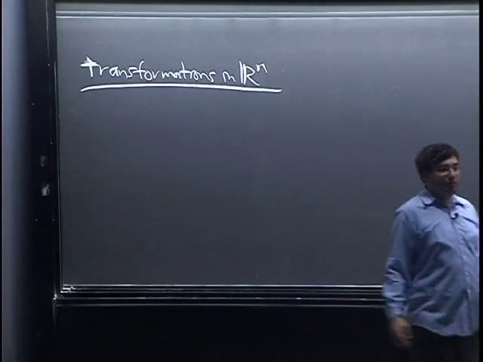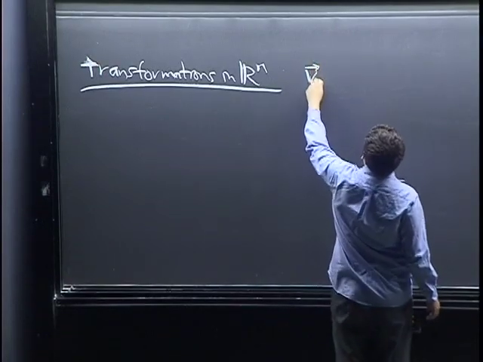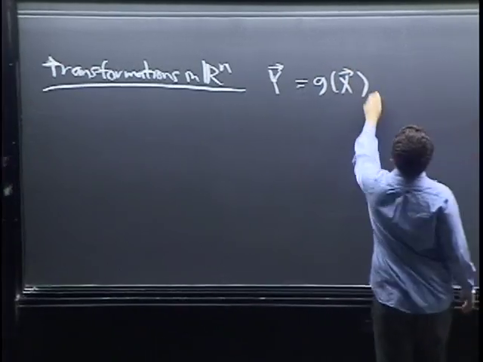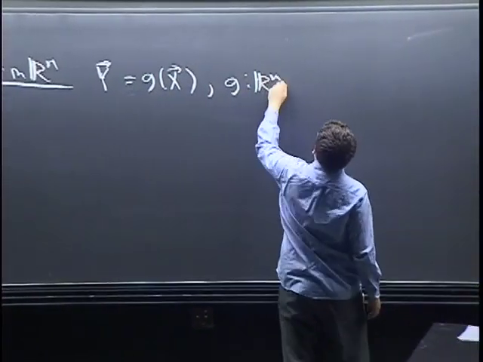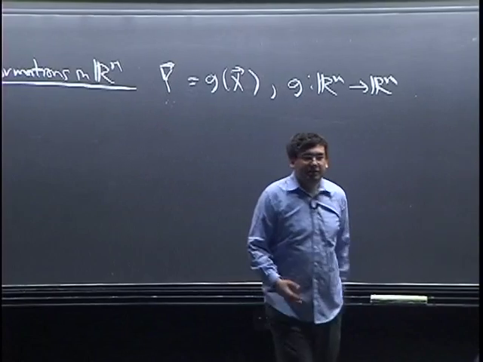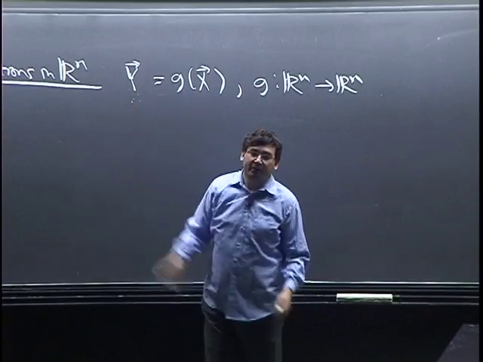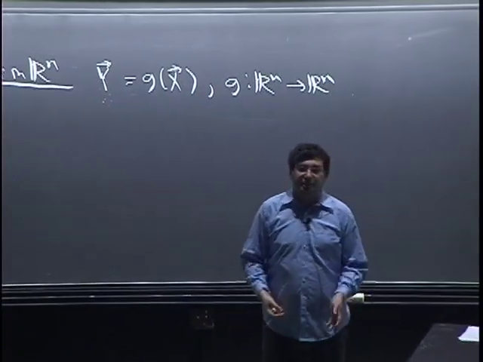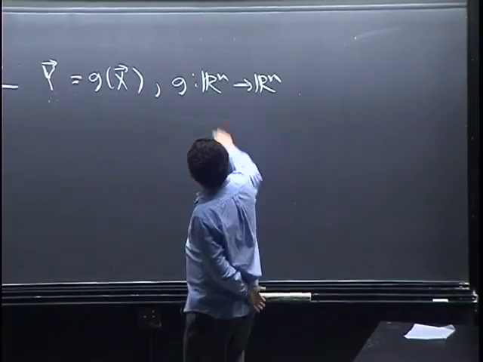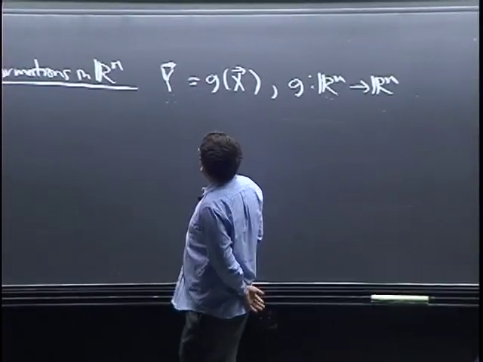Okay, so now we think of y and x as random vectors. So y equals g of x, where g is a mapping from Rn to Rn. A random vector, just think of that as a list of random variables. So this y is really just y1 through yn. So it's not really a new concept. It just means we took n random variables and listed them together as one vector. Okay? And so we have a mapping from Rn to itself that we're doing a transformation, and then the problem